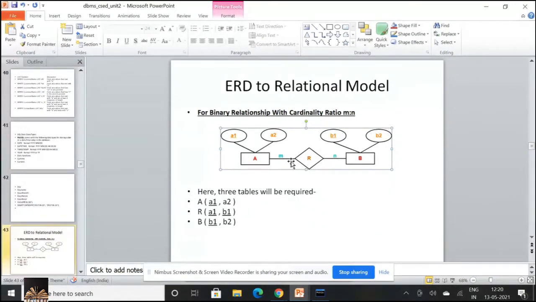Then create a table for the relation, making A1 and B1 the key attributes of the relation. That is nothing but your foreign key. So this is the way you convert a many-to-many relationship into a relational model, which is nothing but a set of rows and columns.